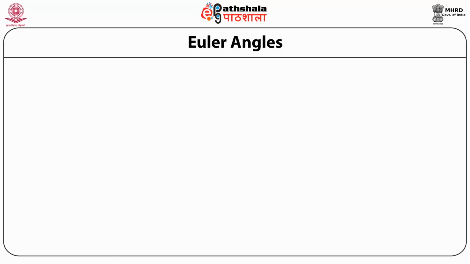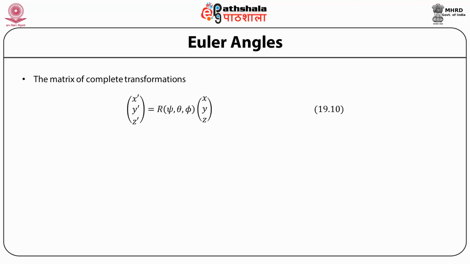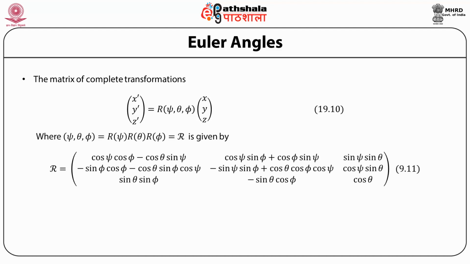Now we can collect the three rotations together, and therefore the matrix of complete transformation can be written as x prime, y prime, z prime is equal to a matrix which is a function of now the three rotational angles psi, theta, phi acting on the body fixed coordinates x, y, z, where the rotation matrix R psi, theta, phi is the product of the three rotation matrices by angle psi, theta and phi respectively,